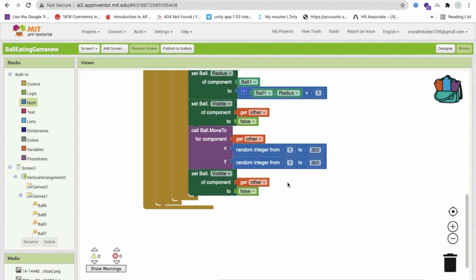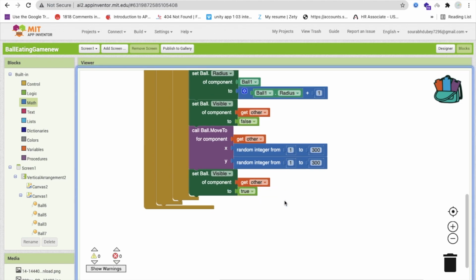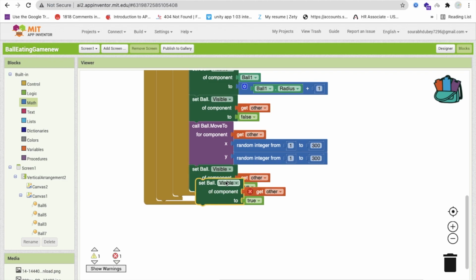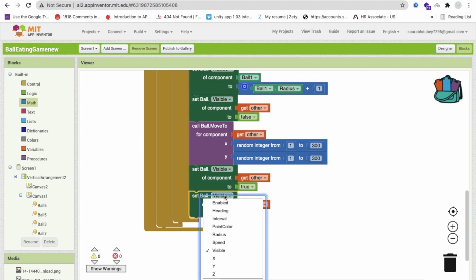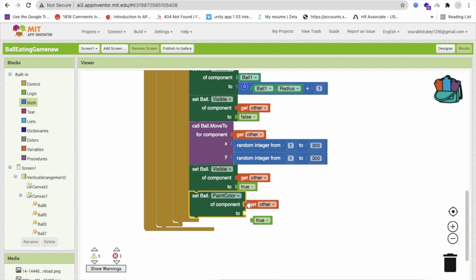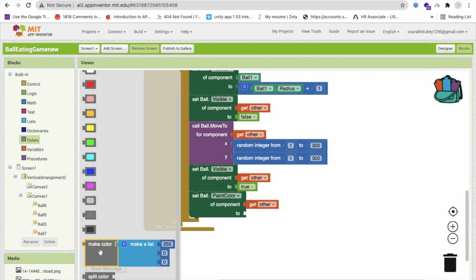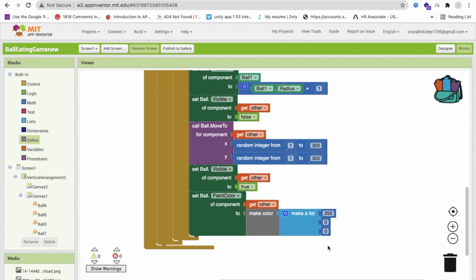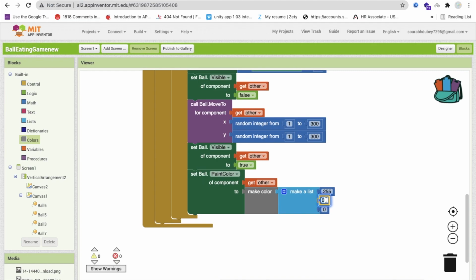Then we have to make sure this component is true again, but make sure this component's color is set to this component's color, you can say paint color, and we will get the color. Which component do we have to get? Other is fine. You can see the color option and you will find the make color option, this one, call it here like this. We will get the random color. So I'm going to choose it here, it's fine, but how can we get this random color?